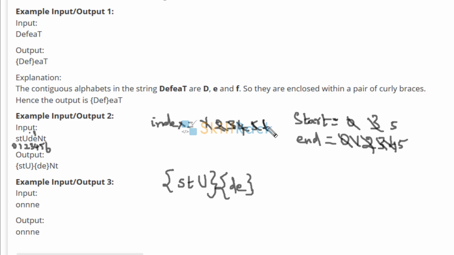Now you go to index 6. It is t. Is t equal to n plus 1? No. Then you are going to print whatever is within the range. It is 5, 5. So what is at 5? It is n. Then you increment the index to 7, but it is the end of the string. That is, it is going beyond the string value. So you just check the range and stop. At this point of time, it must have been 6. That is, I forgot to update that. So at 6, what is there? It is t. So it will print t and it will exit the program.